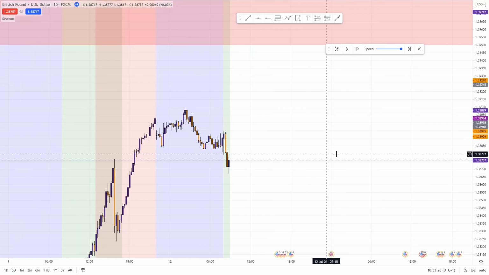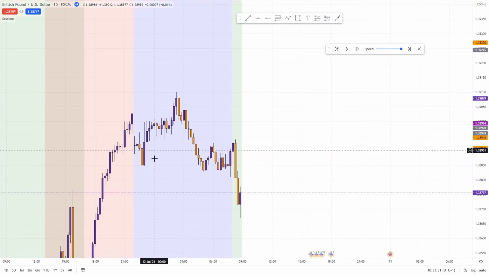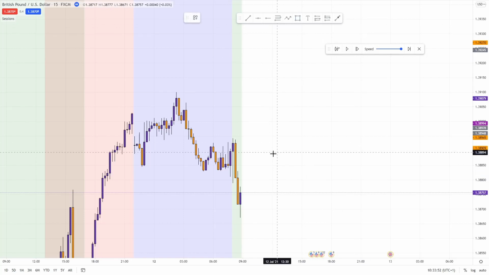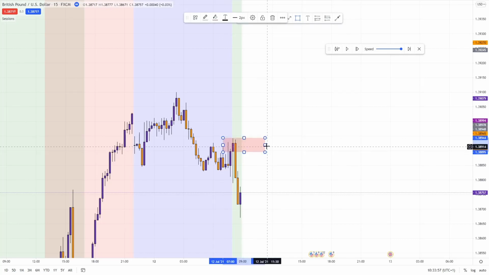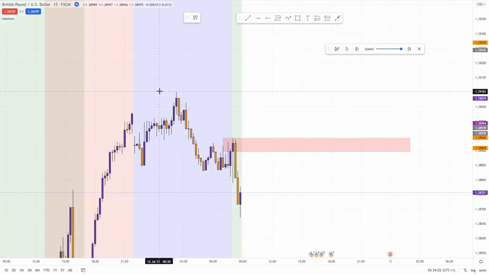So what I noticed was that towards the end of the Asian session, price had consolidated and ranged around here before pushing up, absorbing liquidity above here, and then having a strong bearish move to the downside that broke structure, suggesting that price may look to be bearish for the start of the day. I wasn't really too panicky about picking out any points of interest. Obviously, I would potentially be looking for sells from this order block up here, and then should price return up here